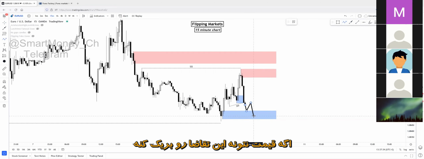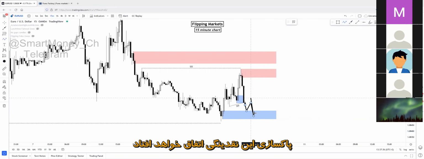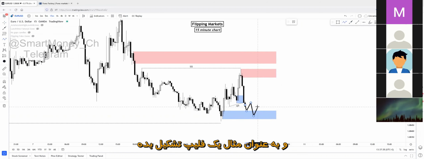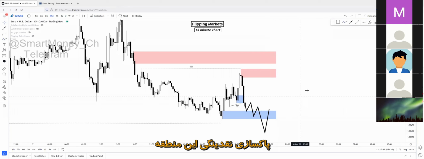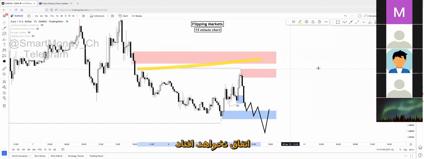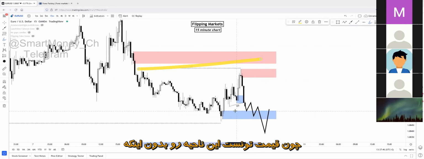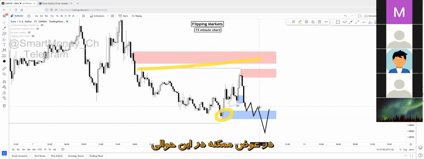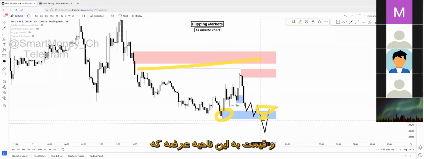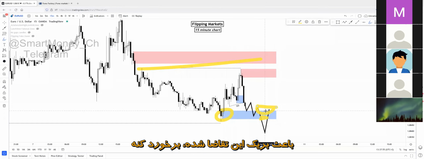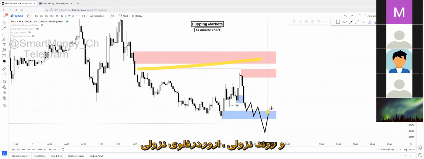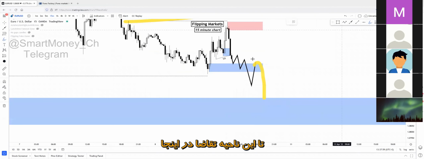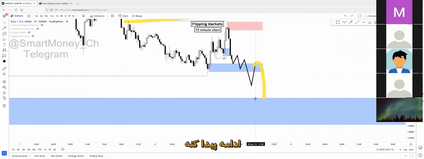if price can break below this demand zone, the liquidity sweep will happen. If price can break below this demand zone and create, for example, a flip right here, the liquidity sweep at this region won't happen, because price could break below this zone without collecting any liquidity. There will be a new liquidity collection somewhere at this region, a new supply tap leading to a break of this demand zone, and the bearish order flow will continue down to this demand area right here.